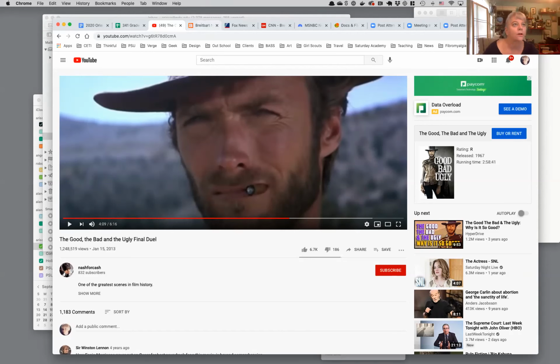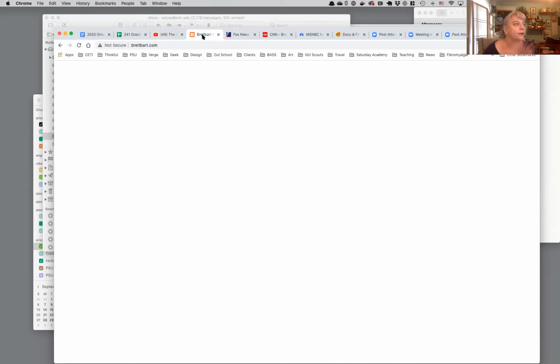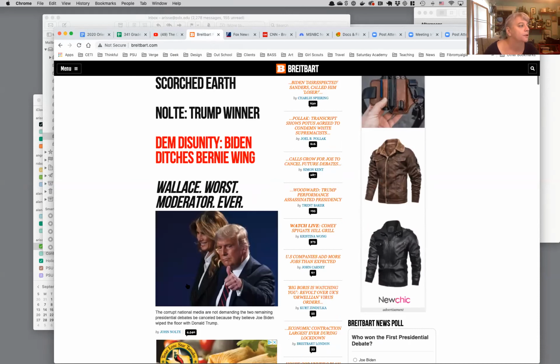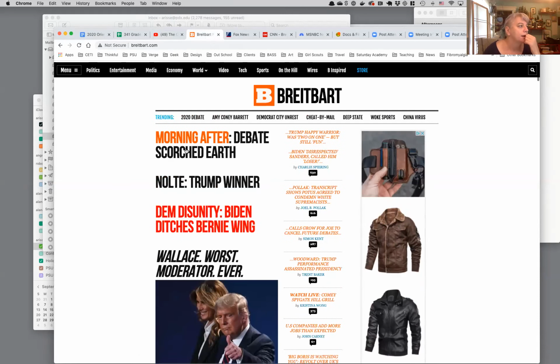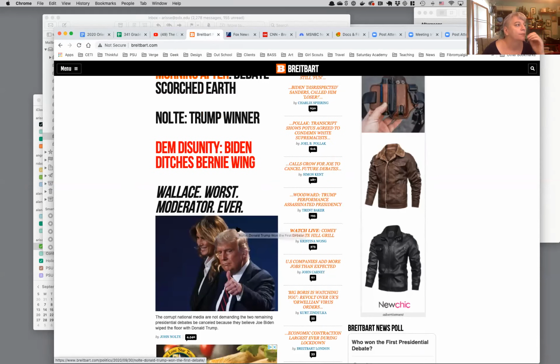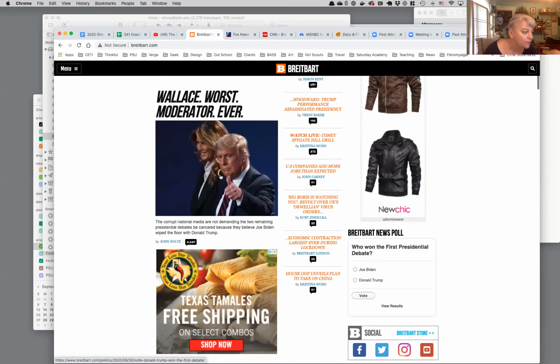But yeah, so I was like, okay, well, I'm served one side. I want to see what all the sides are saying, right? So I tried to get what people say are the most biased. I pulled up Breitbart, which is probably the farthest right, and it had this hero image with scorching earth, and Trump is the winner, and Wallace is the worst moderator ever, and bad things about Biden, how he's ditching Bernie, and if you just scroll through,